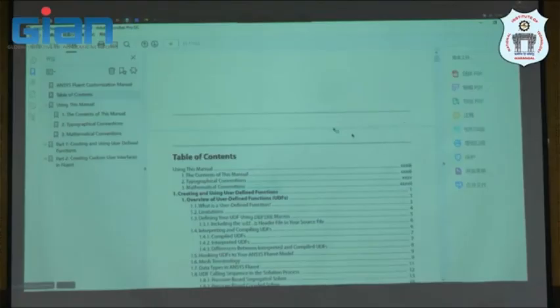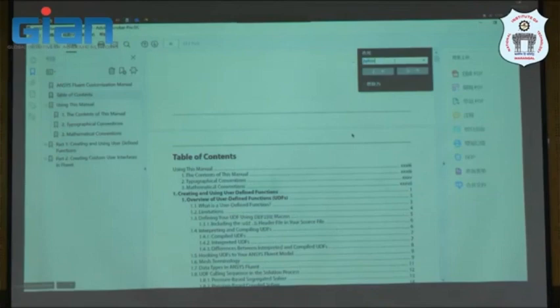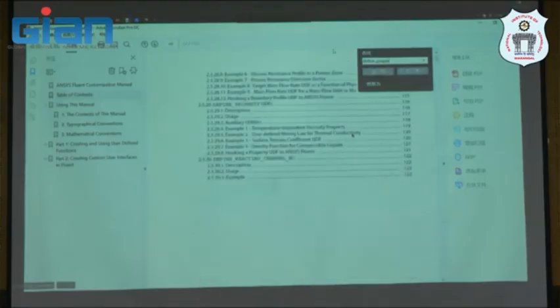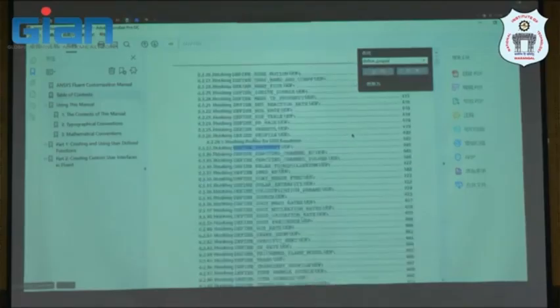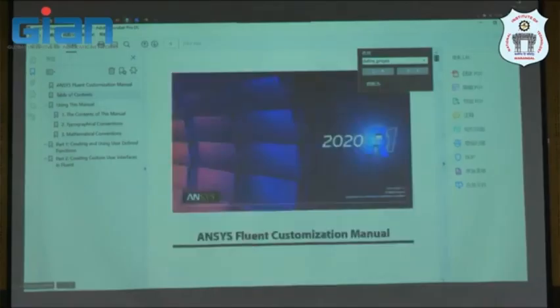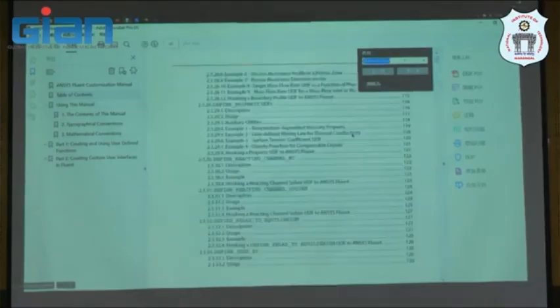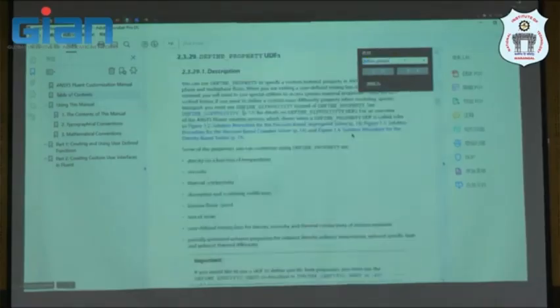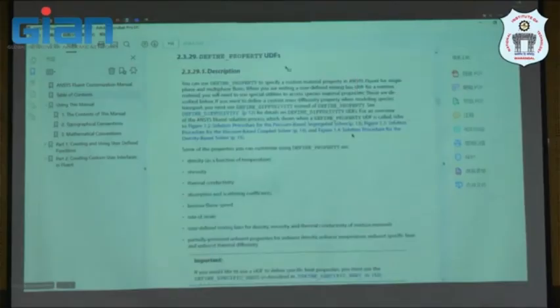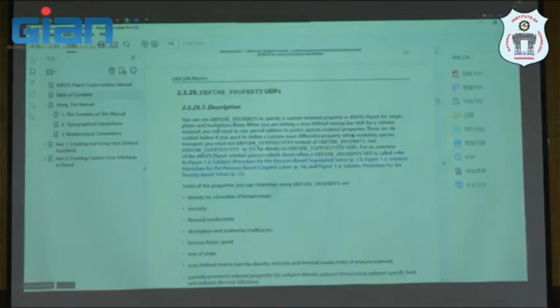For example, if we want to define the properties of different materials, we can find the information here, right? Yes, we can find this macro, and they will provide the description of this